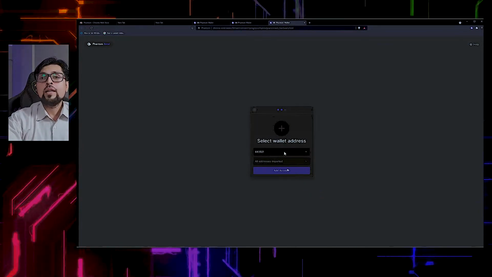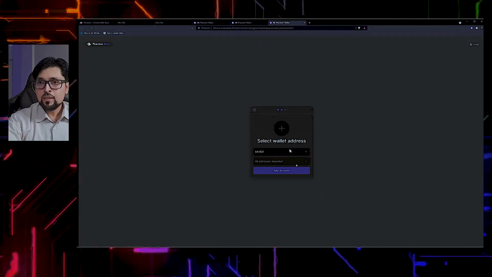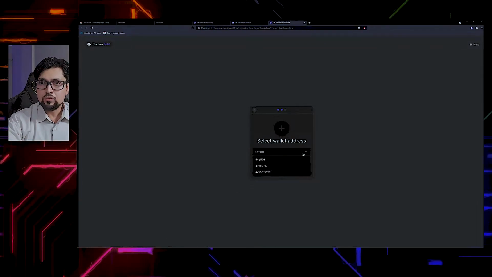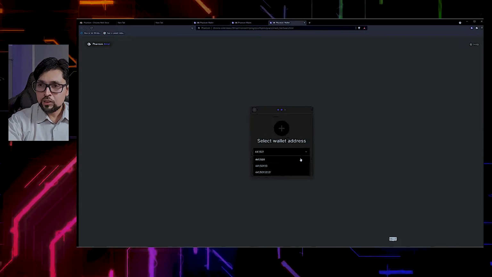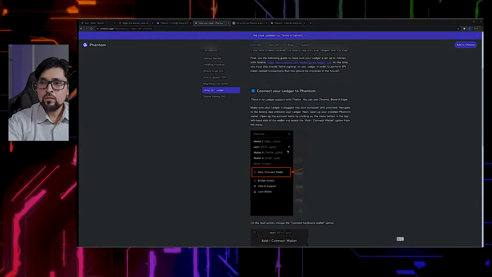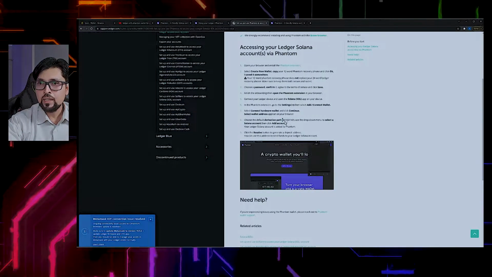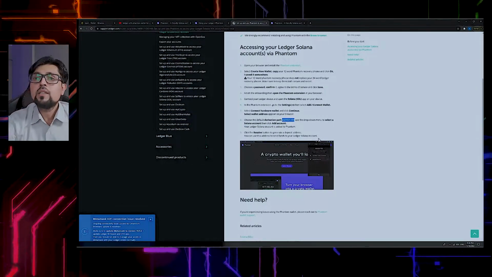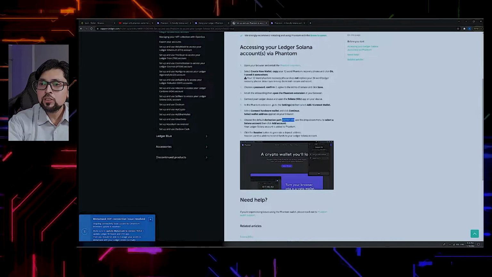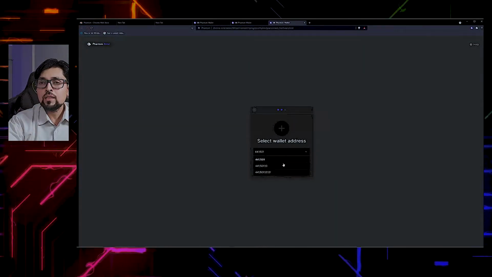Now it will give you a derivation path before choosing the address for the wallet. You can go to Ledger support and it will give you the exact derivation path over here. Yes, that's it, 44'/501'/0'. So choose the right derivation path over here. After choosing the derivation path,